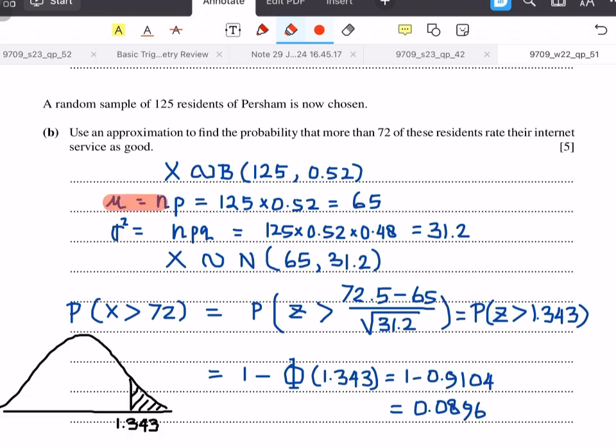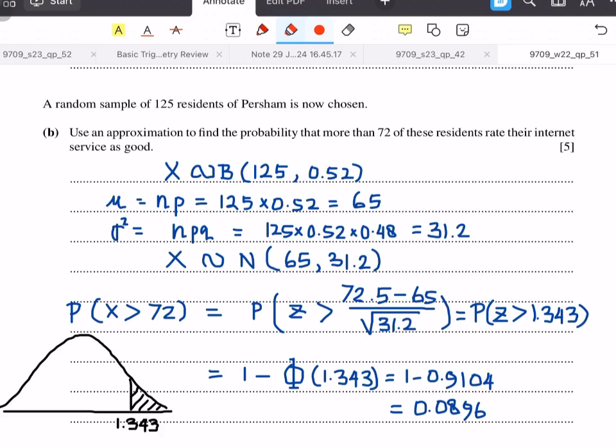First, we need to find the mean. The formula is mu equals n times p, which is equal to 65. And then sigma squared, the variance, is n times p times q, where q is the probability of failure. So the variance is 31.2. So now we will